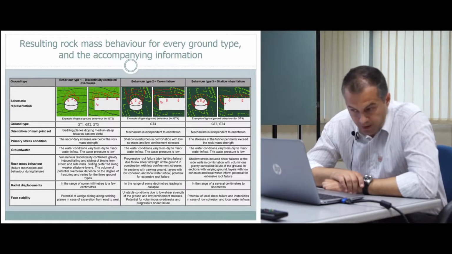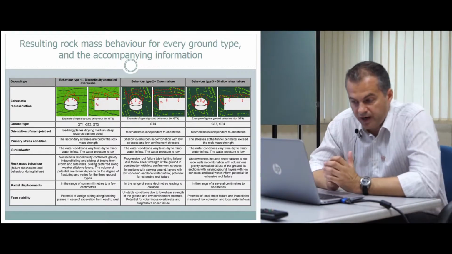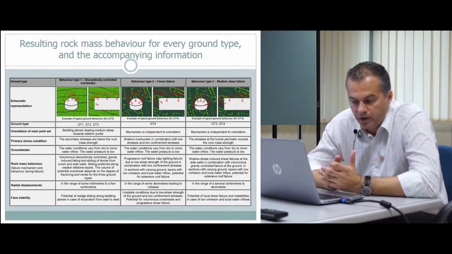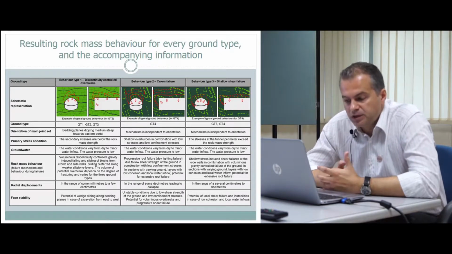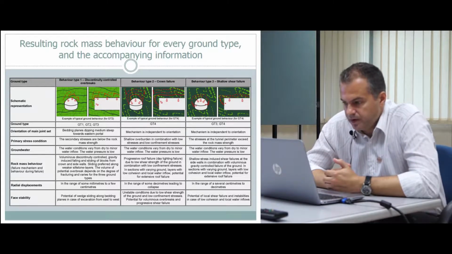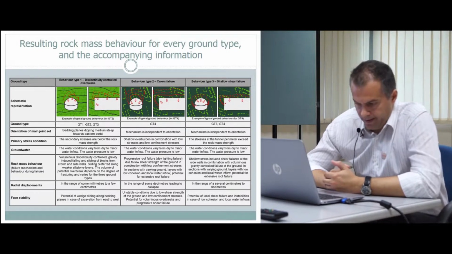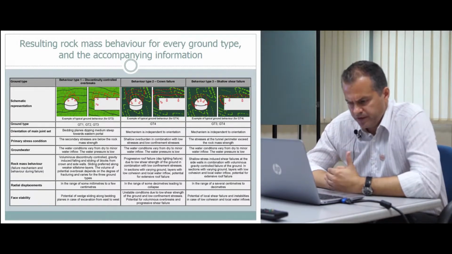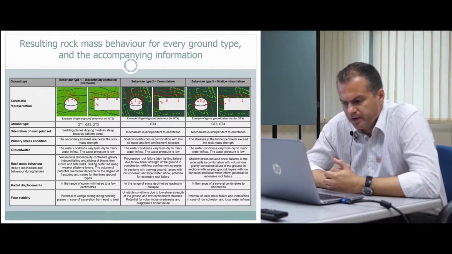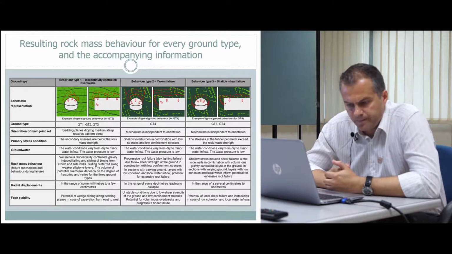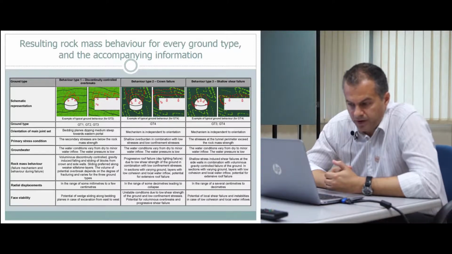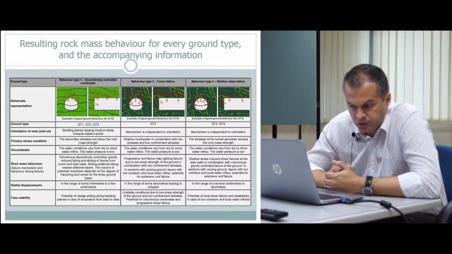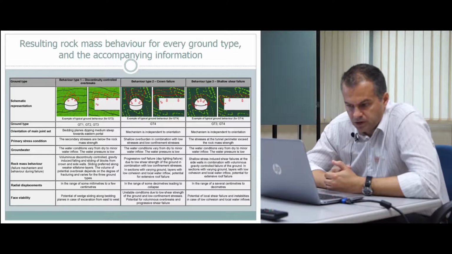The groundwater, the water conditions vary from dry to minor water inflow from the behavior type 1. The water pressure is low. Again, the same applies to the other two also, because the groundwater here in this tunnel was well below the tunnel axis. So in the first behavior type, we have numerous discontinuity-controlled gravity-induced falling and sliding of blocks from crown